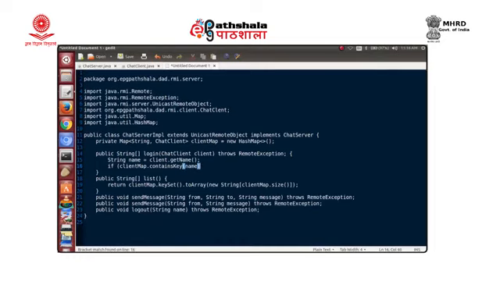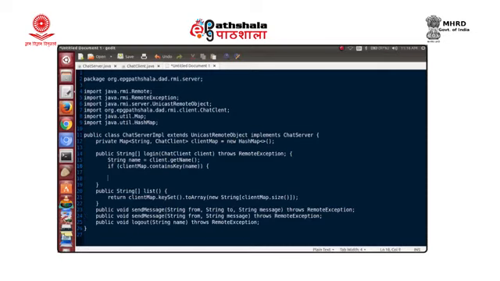If that is the case, we can't proceed further, we don't log in. This person can't log in because we already have some other client logged in with the same name.